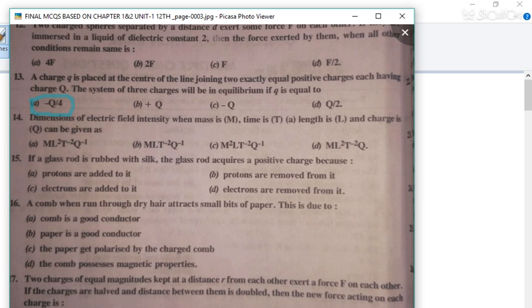Moving to the next question, students, we have to find the electric field intensity. The unit of electric field intensity we have to